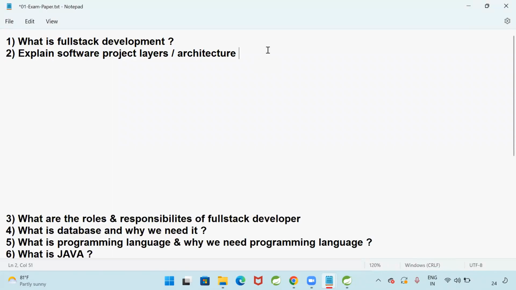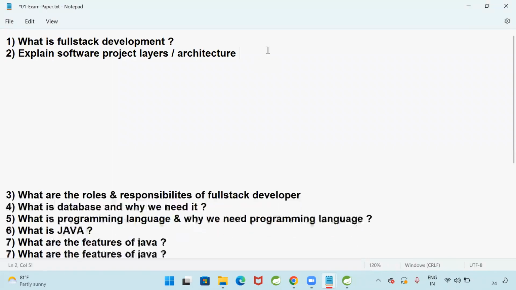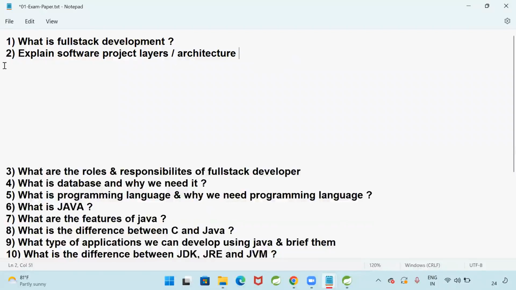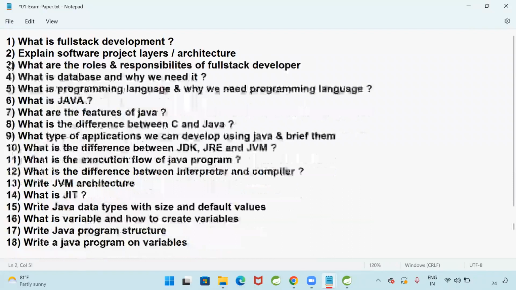Third question, what are the roles and responsibilities of a full stack developer? First question, what is full stack development? Second question, explain project layers and project architecture.